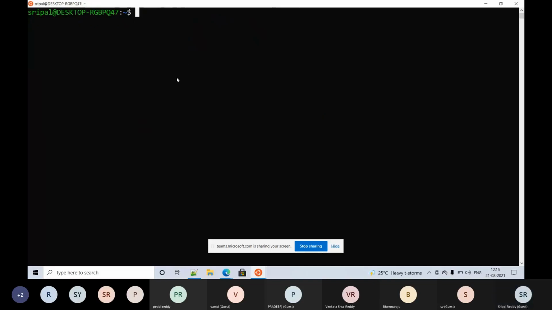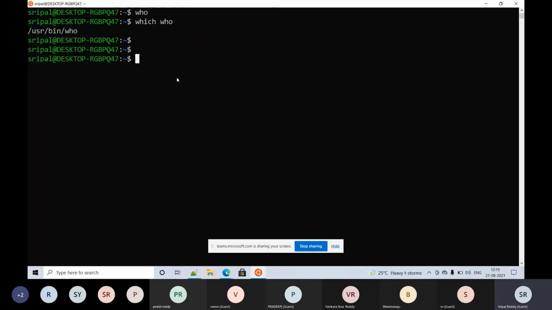I had also started typing some command but missed it. Let me cover that. To know who is logged into the system, we use who. It is not displaying the output here, the reason being this is a desktop version and I don't have the server version, which you will have to wait until tomorrow to get completed.